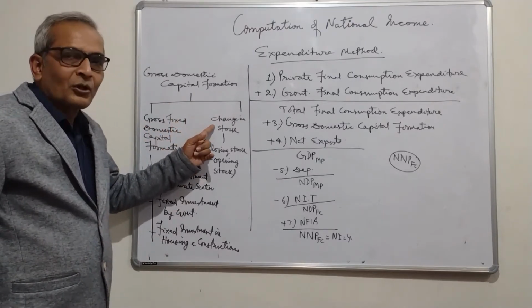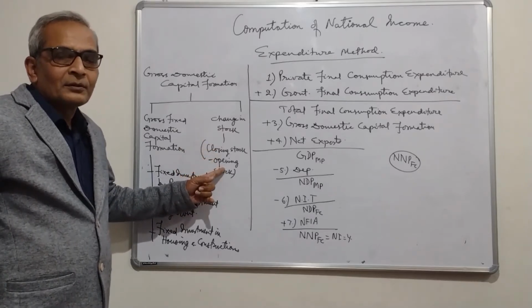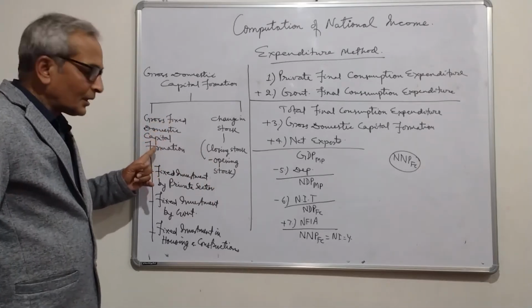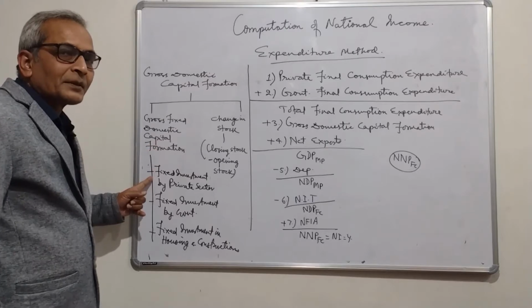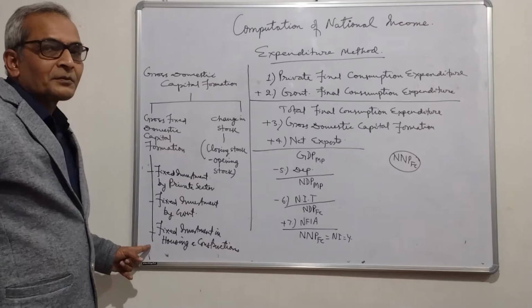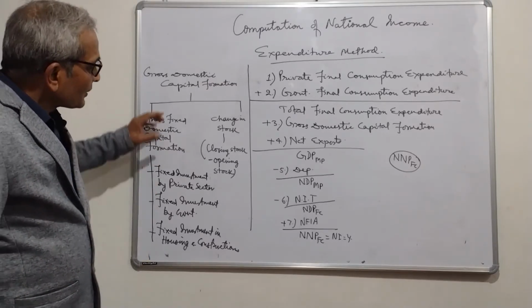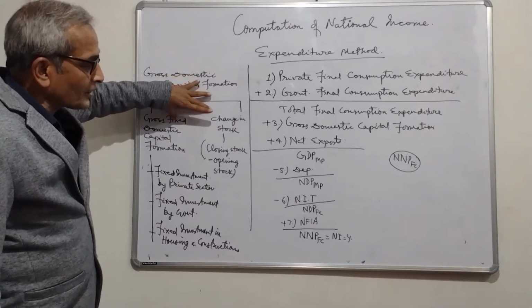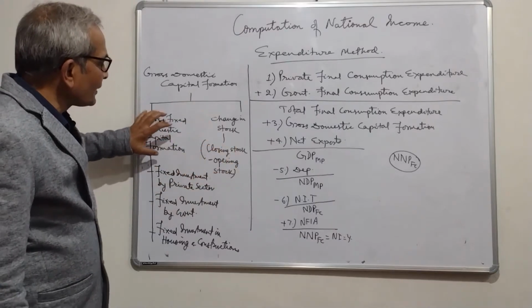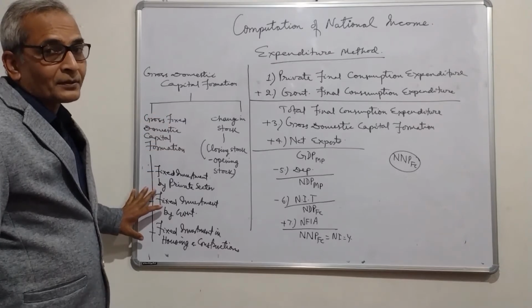If change in stock is not given, then we will look for closing stock and opening stock. If gross fixed domestic capital formation is not given, then we will look for fixed investment by private sector, fixed investment by government sector, and fixed investment in housing and construction. So this is the main part. These two are subparts. This change in stock has this subpart, and this gross domestic capital formation has these subparts,